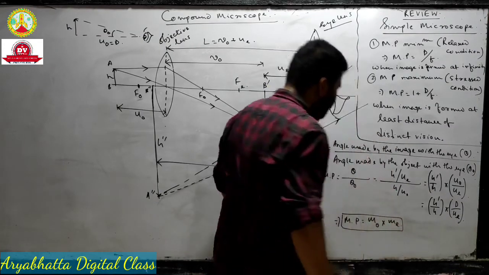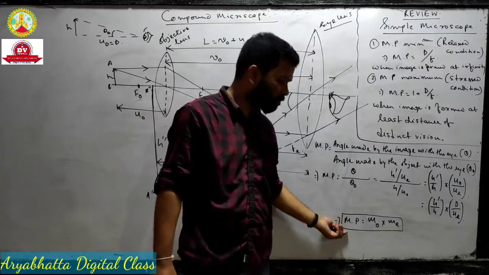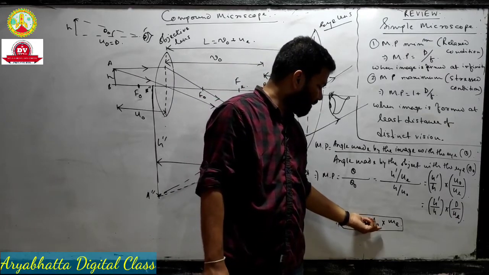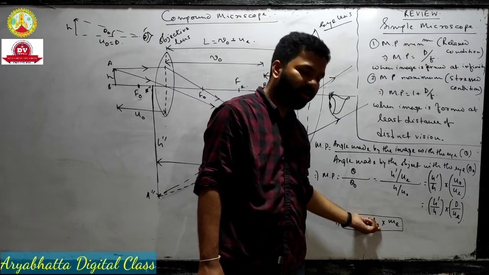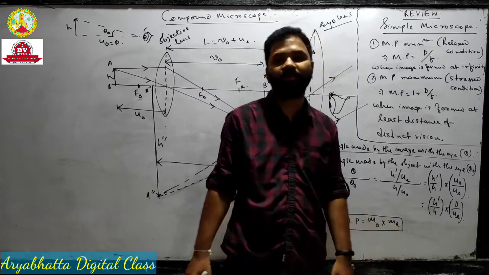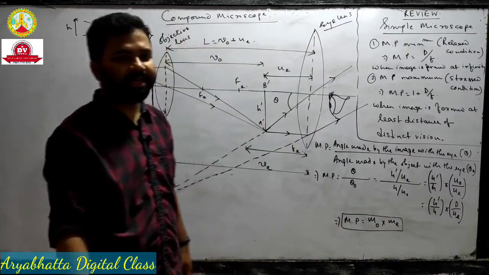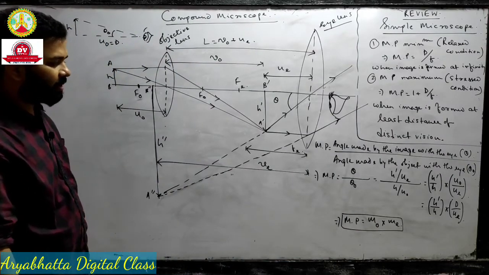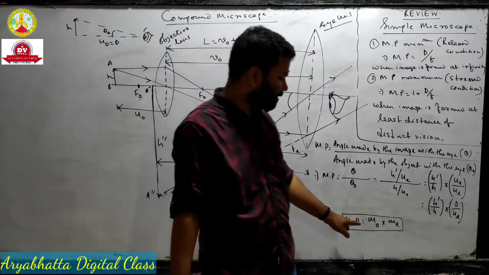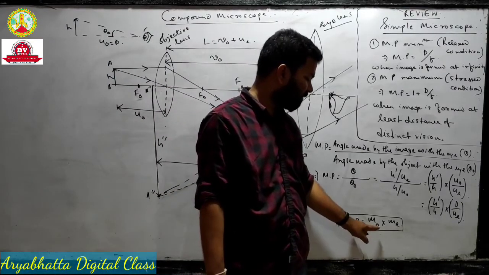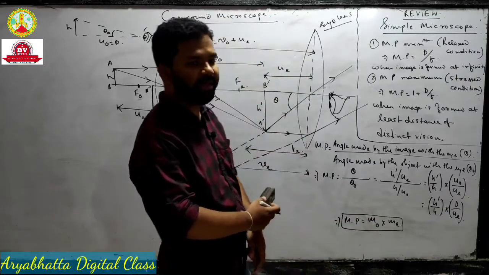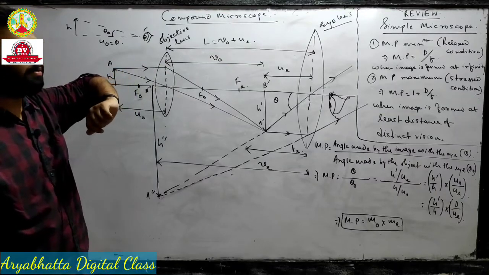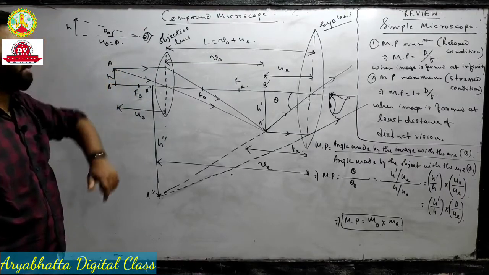Okay, that is why in case of compound microscope the magnifying power is what? The magnifying power is the multiplication of magnification produced by the objective lens and the magnification produced by the eyepiece. That is why in case of compound microscope the magnifying power is very high. Okay, so now we have to do the calculations for what is the magnification of the objective and what is the magnification of the eyepiece. Then we will get two formulas. Just like that, these two formulas, we will also get two equations for the compound microscope also.